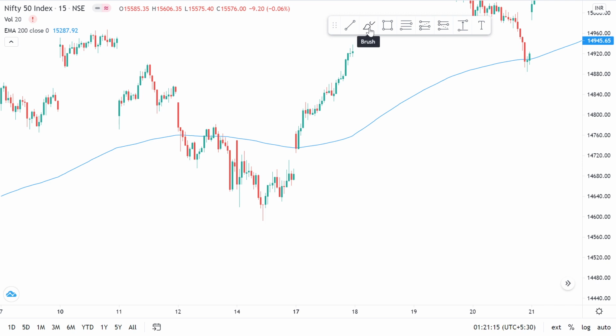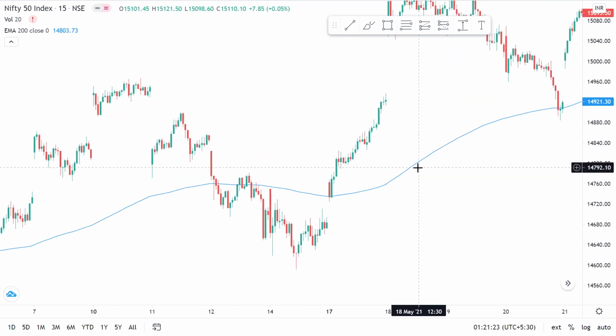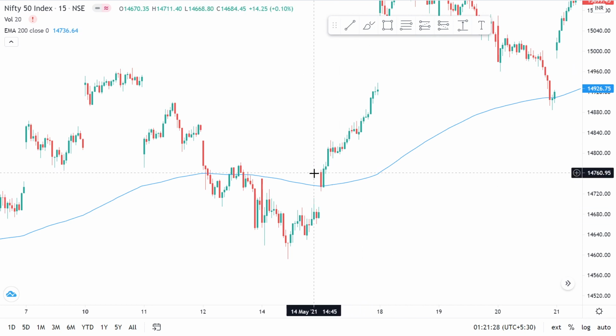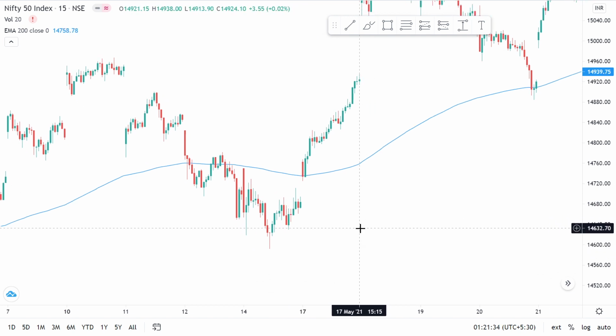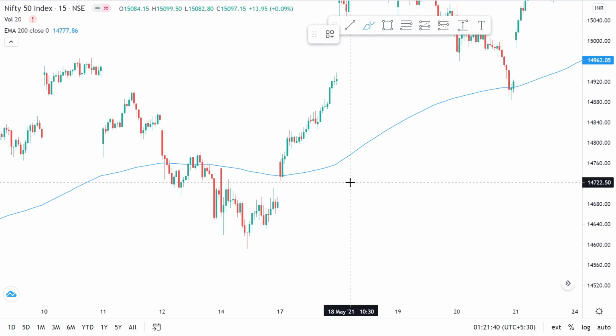So how can you confirm this? Suppose you haven't participated in this rally and you just want to trade intraday, right? So you want to see what is going to happen here. As soon as the market opens, you don't just jump into the trade and take a buy position there. You need to wait for some sort of confirmation. Now what is this sort of confirmation? Very simple. The simplest sort of analysis, just price action. Look at the price action.